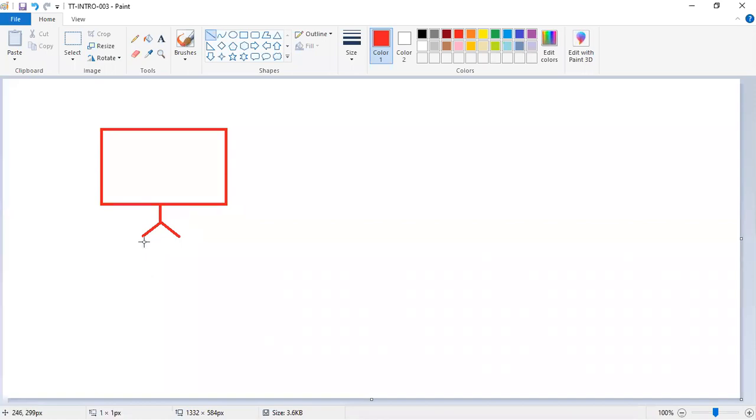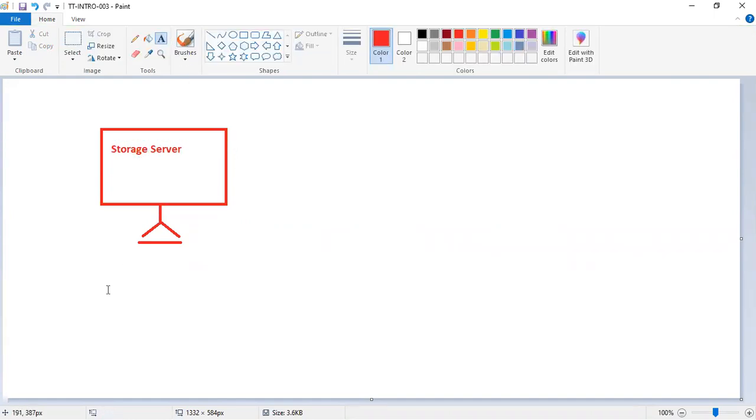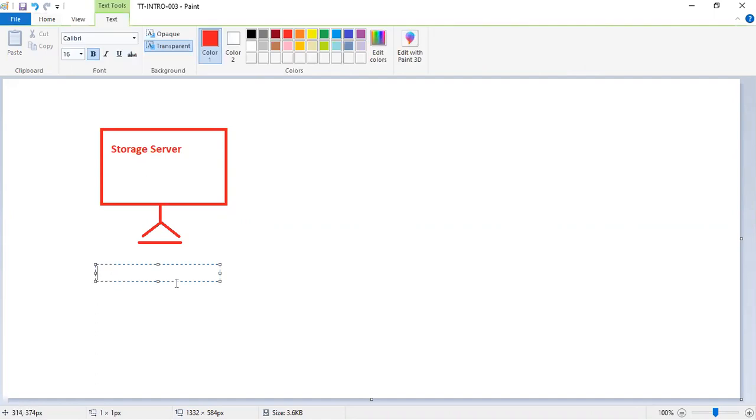Because it is not related to Tekla, it is related to Windows Explorer or all those Windows items, right? Storage. So here we'll be having a server. We call it a storage server. In this storage server, we will be storing all the models. There will be some drive letter, Y, Z, or X. It will depend on which department you are working. So department wise, there can be n number of drives mapped.